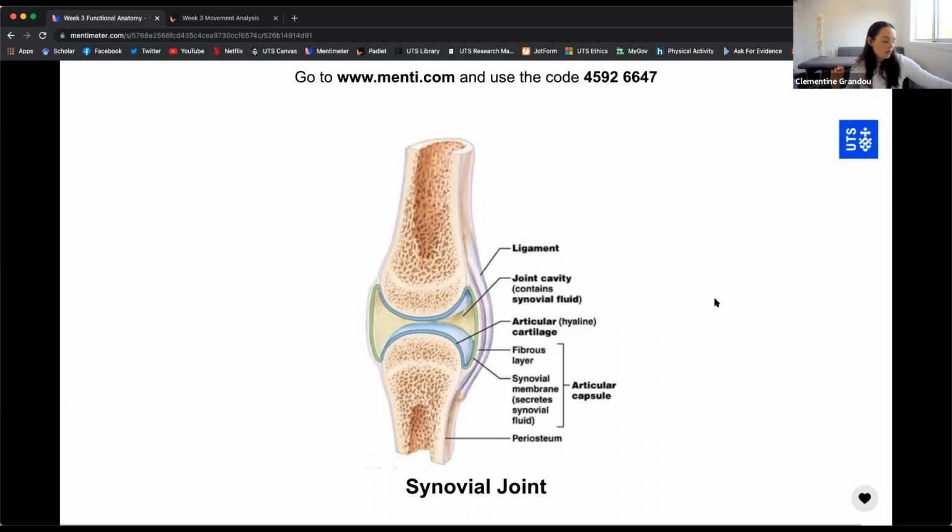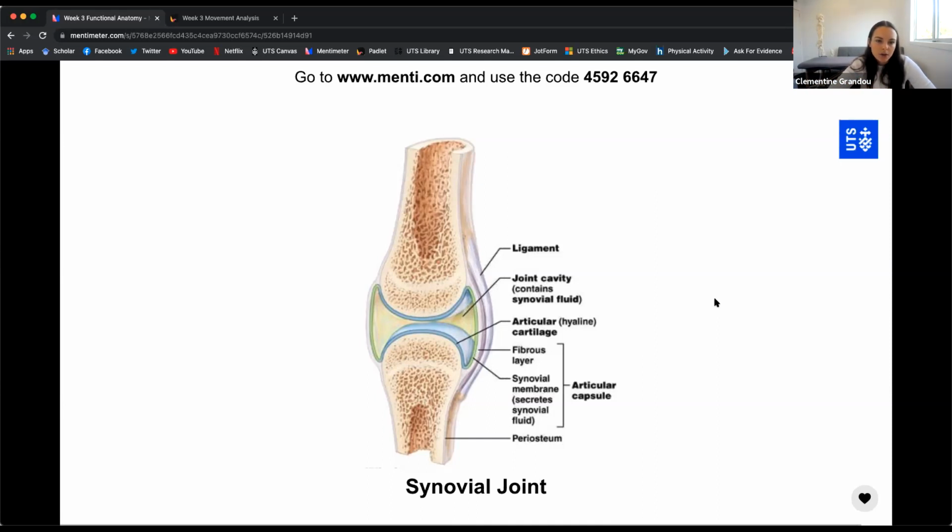Okay, and then we have the synovial fluid. Let me backtrack. The articular cartilage is actually avascular. So that's something very important about articular cartilage. What that means is that there's no blood supply going to this articular cartilage. And we know that blood in the body is very important for transporting nutrients and waste around. It transports oxygen and all other nutrients to the cell, and it gets rid of the carbon dioxide